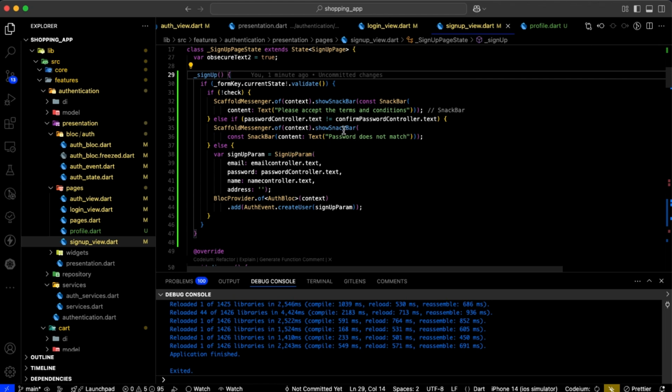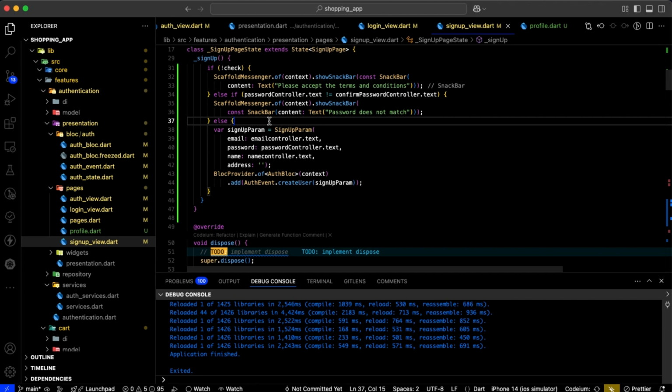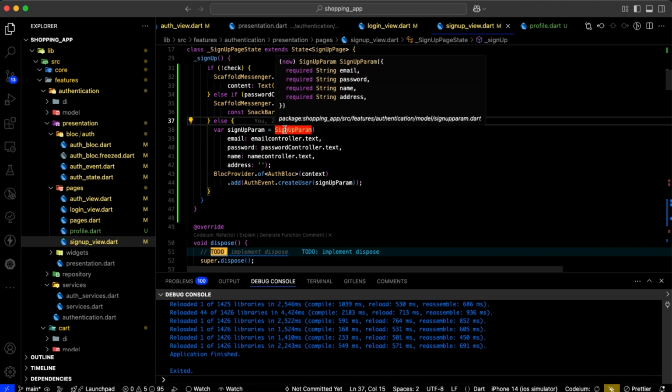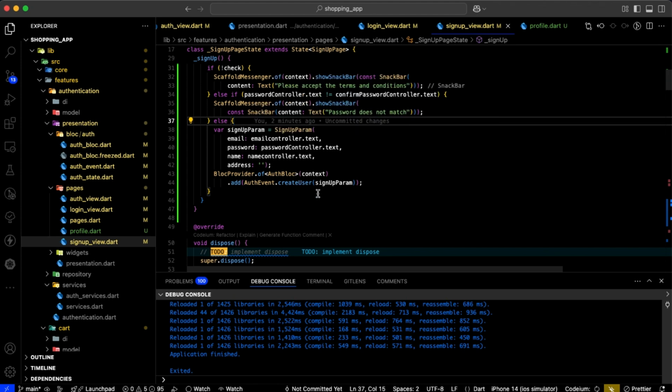We're also checking if the password and confirm password are the same. If they're not, we notify the user, and after that we are submitting the information. For sign up we have a sign up param, which takes all that information, and when we submit it to the repository, it will put it into JSON so it can be sent